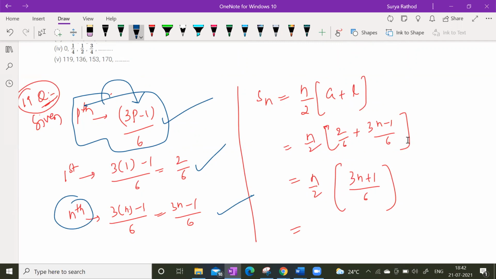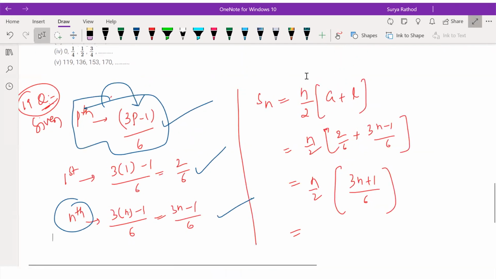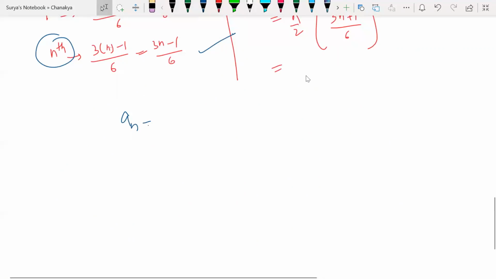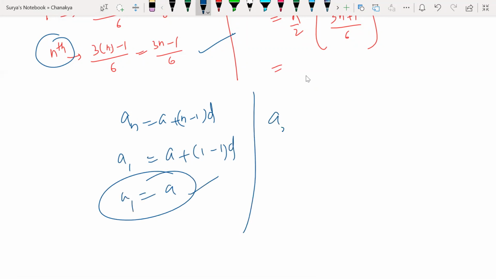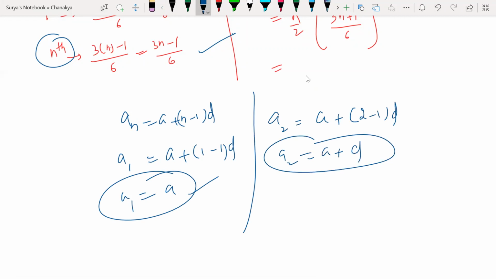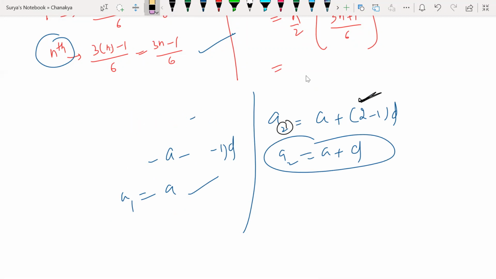So why did you take a as the pth term? An is l equal to a plus (n minus 1) d, right? So for the first term, I need the first term, means a plus (1 minus 1) d I'll be doing. So a plus 0, first term is a. That's how I'll be doing. So what is my second term? I need the second term, means a plus (2 minus 1) into d. So a plus d. This is my second term. That is how I'll be doing, right? A2 means in place of n, I'll be substituting 2. Yes, sir. That's how I'm doing. Is it clear?